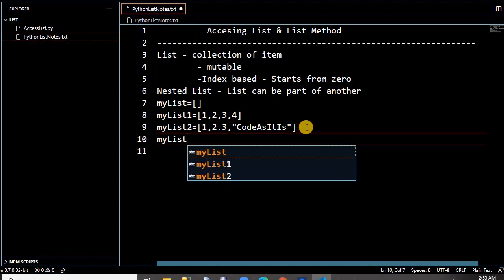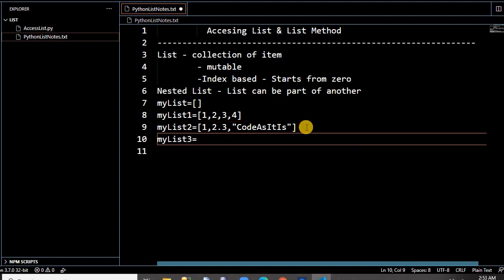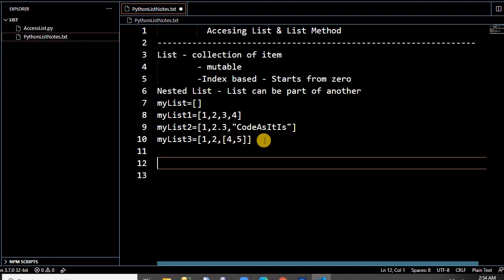Nested list: if you write something like 1, 2, comma, and then 4, 5, it's a nested list. 4, 5 is the list inside this list 3, 1. Let's test how to access this.